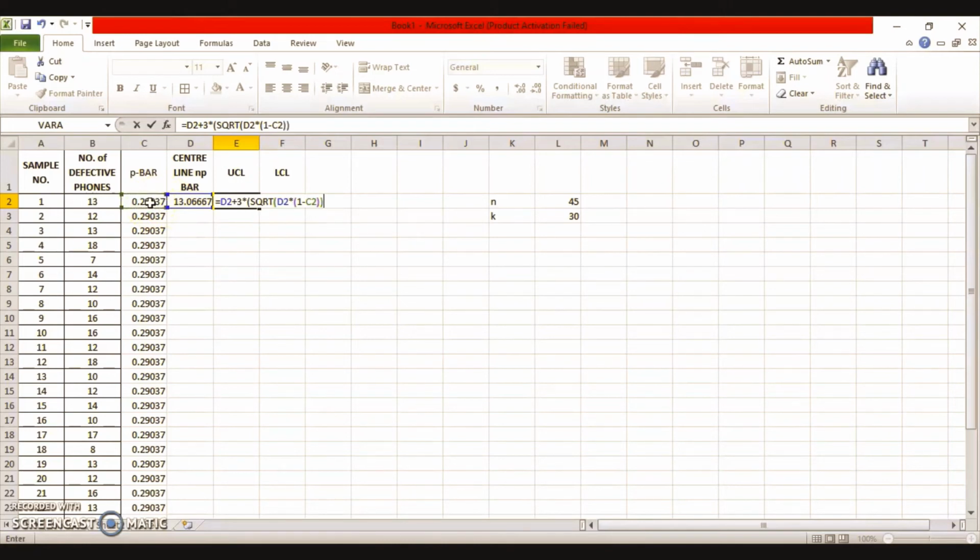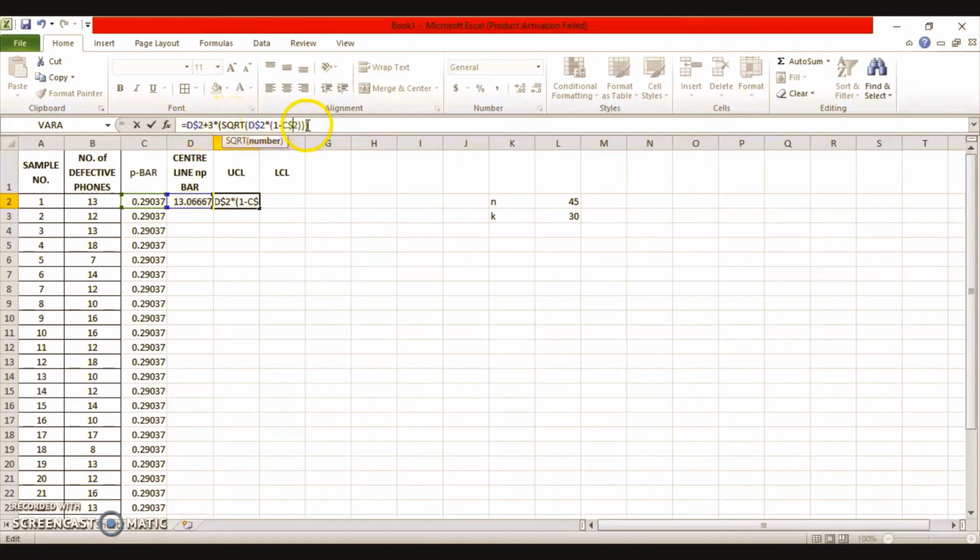Closing the brackets, just check we closed all the brackets. So now this is your upper control limit, and again we have to put a dollar sign to make uniformity of the values for the rest of the samples.